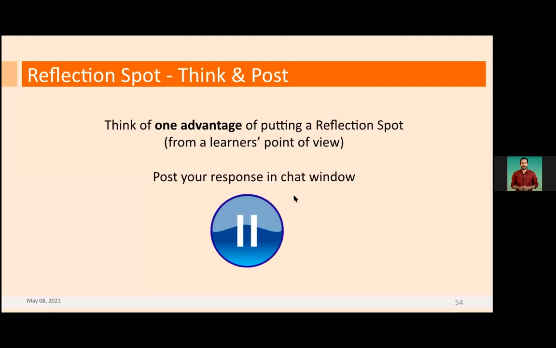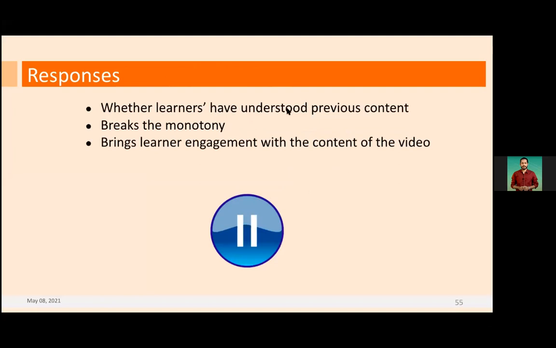Correct thinking, concept understanding. Okay, so your responses are valid, but to make it more concrete, I would like to say that, of course, we get to know whether learners have understood the previous content or not. That is one of the points. Like you're saying, majorly it will break the monotony of the instruction.